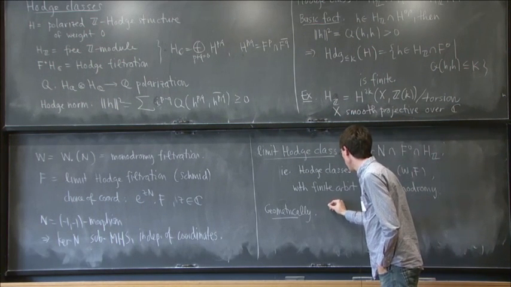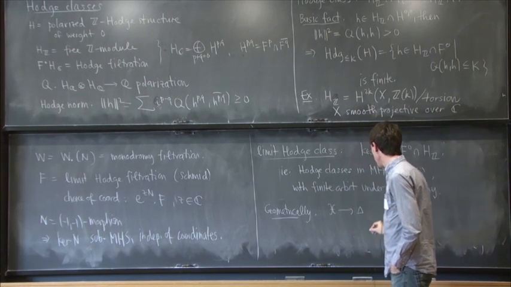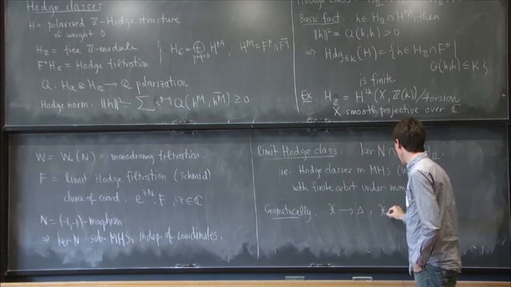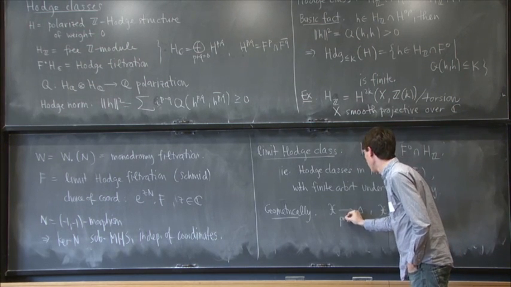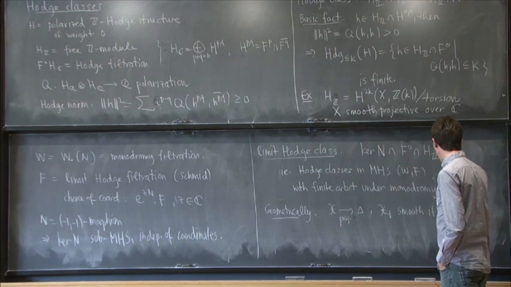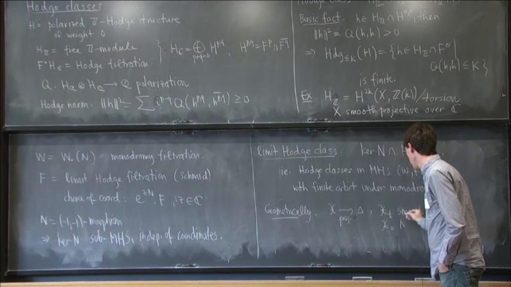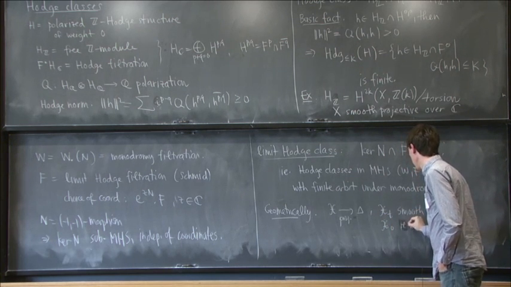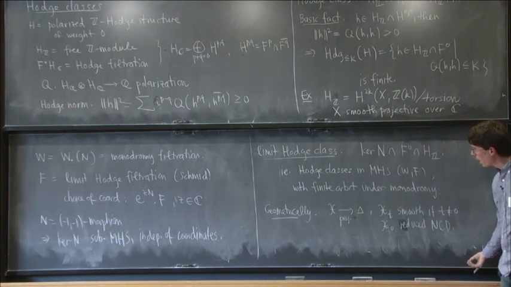So if you have some family of varieties over delta, where this X_t is smooth projective if t is not equal to 0, and say normal crossing at 0, say reduced, let's get into the most standard situation,